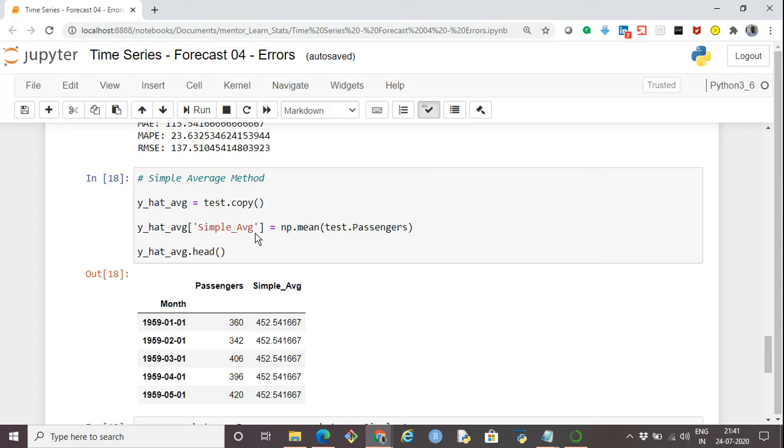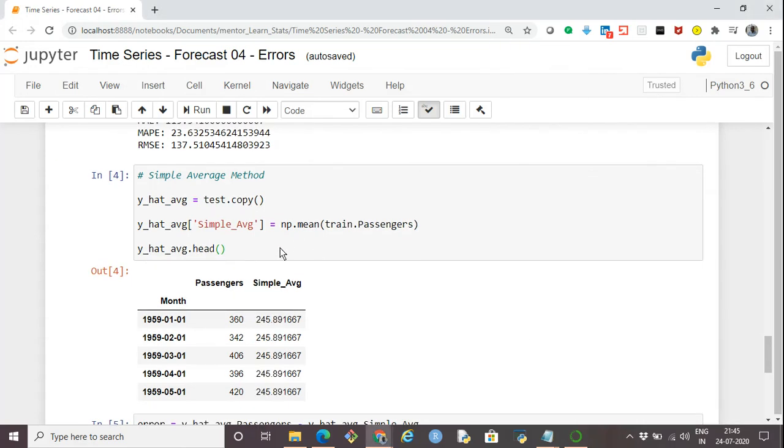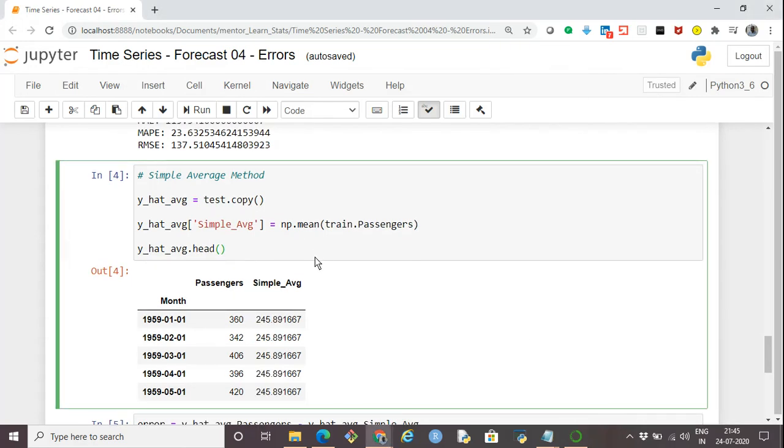As you know, as per the simple average method, the forecasted value is nothing but the average value that we take. One correction I made: by mistake, I took the mean of test passengers.